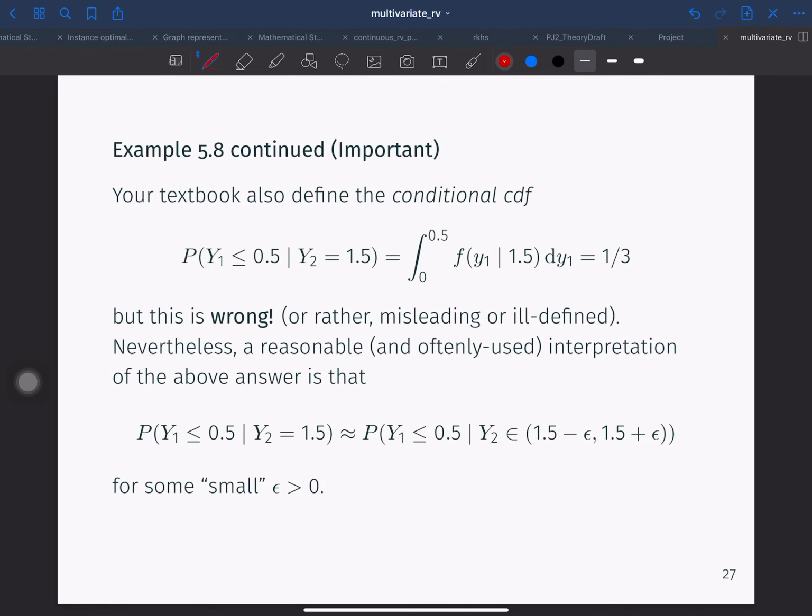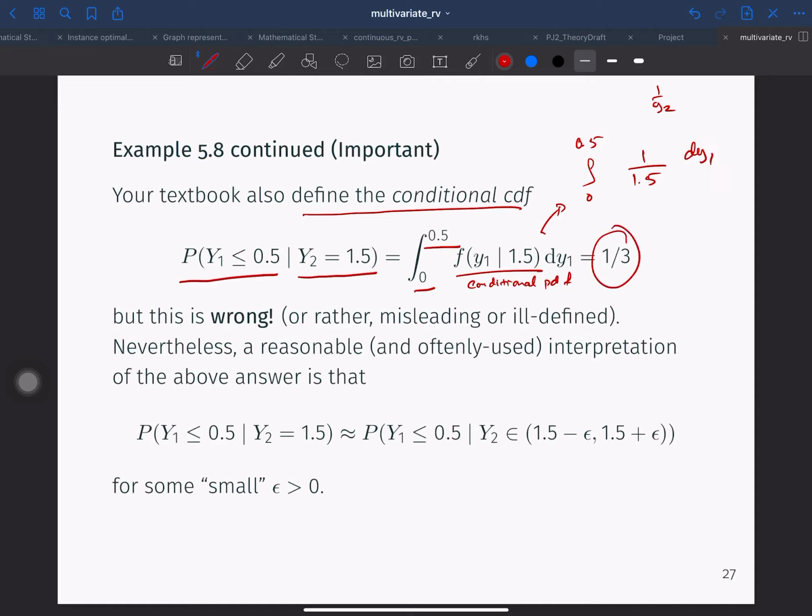So your textbook then defines the conditional probability to be the probability that y1 is less than 0.5 given y2 equal to 1.5. So you just integrate the conditional PDF from 0 to 0.5, and this is the same as the integration from 0 to 0.5 of 1 over 1.5, because 1 over y2, dy1, and so that should be equal to 1/3. But this